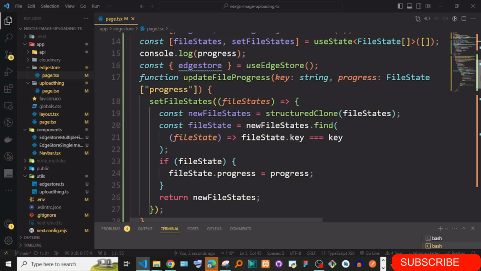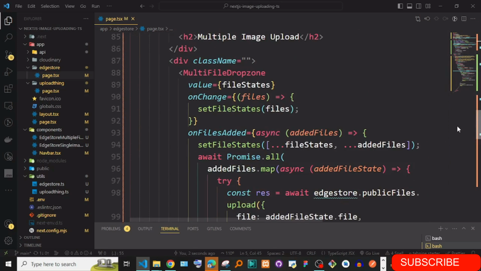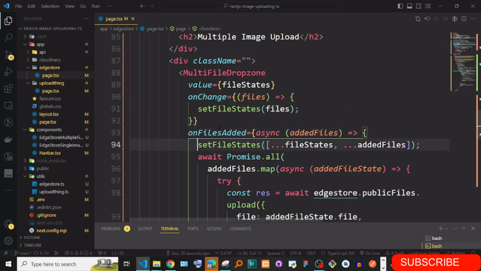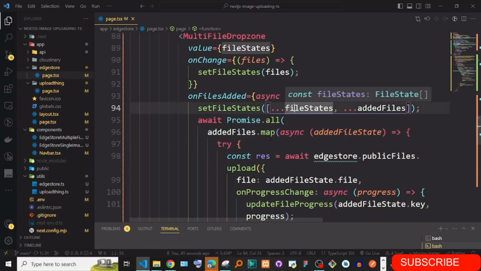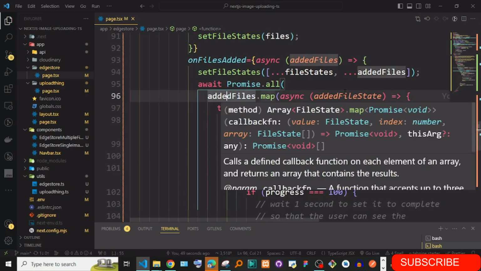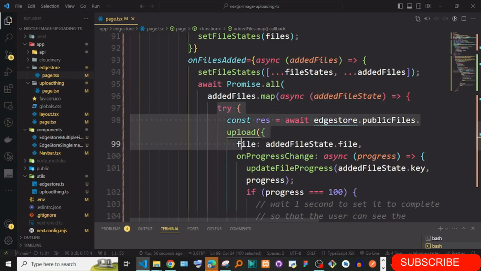So if you go to the drop zone, okay, for the multiple image, you see they have the value and then they have only change. Okay, this is to get the files. They're using file state and they set the files just like this, maintaining the ones in the state and adding. So they add one by one, and then after that they are mapping all through the file state, and then after they have mapped through, they do a try catch, which is actually trying to access the public